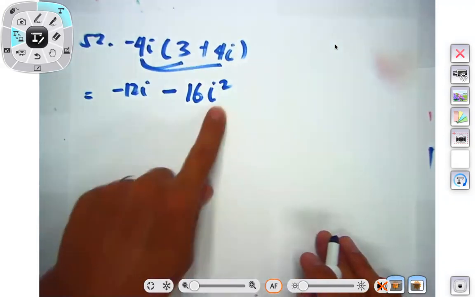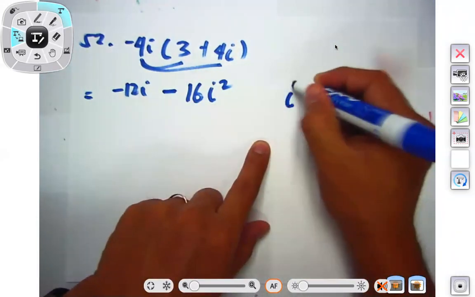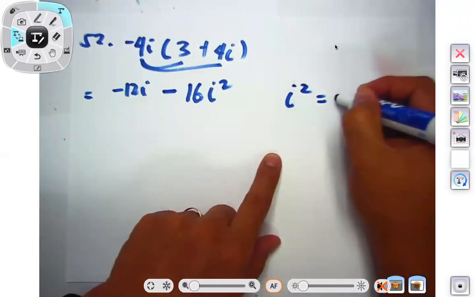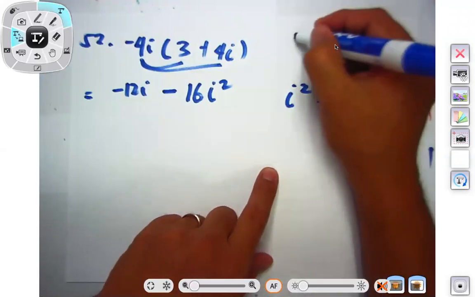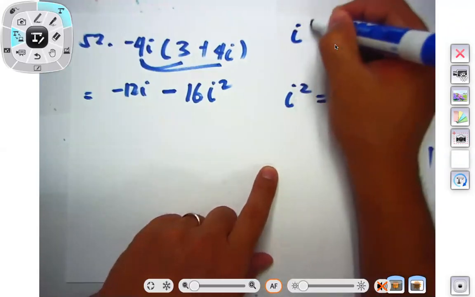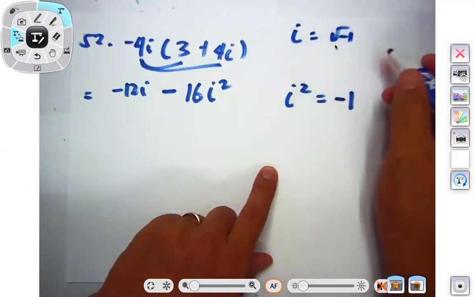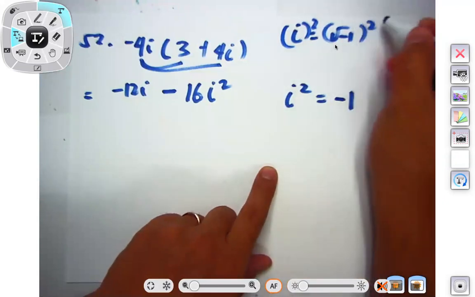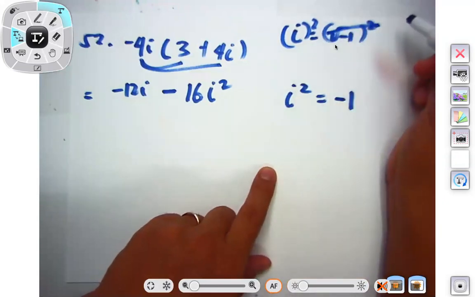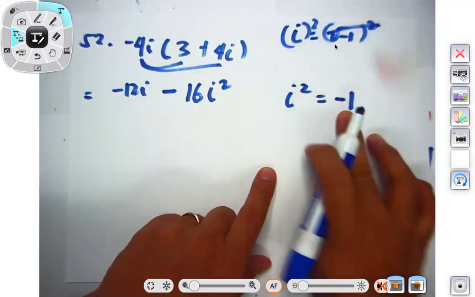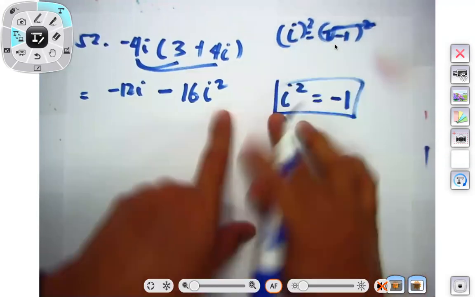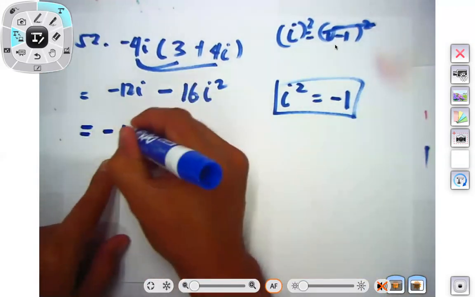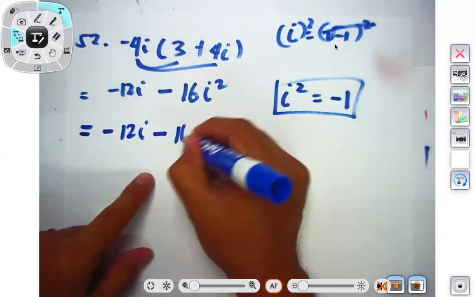But note, whenever we encounter i squared, we have to write i squared as negative 1. Since i is equal to the square root of negative 1, when you square this, you get to cancel the radical, and you come up with i squared, which is equal to negative 1. So whenever you encounter i squared, you replace that with negative 1. Therefore, we have negative 12i minus 16 times